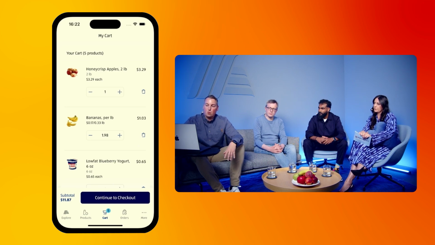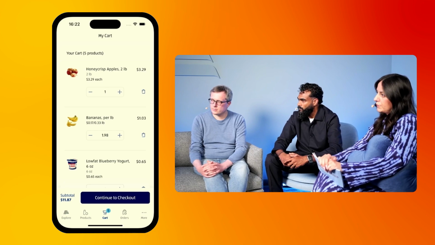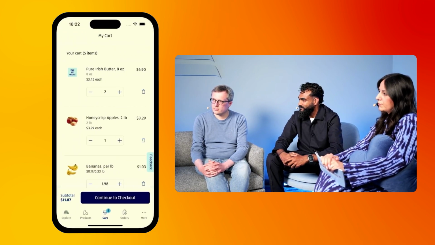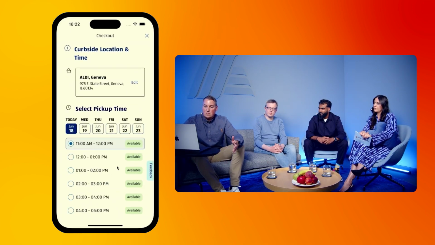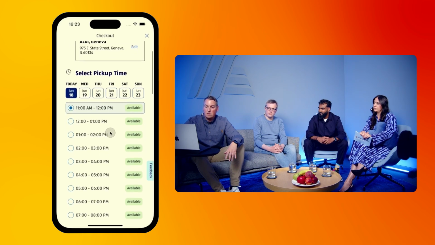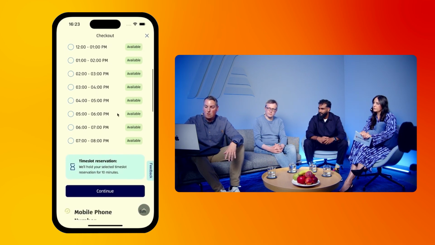I will now move to a QA system and perform a checkout on a QA system so that we do not need to cancel it. So this is now the QA system. Here I can continue to checkout. Since I selected the pickup service, I can then reserve a time slot where I want to pick my groceries up from the local Aldi store.